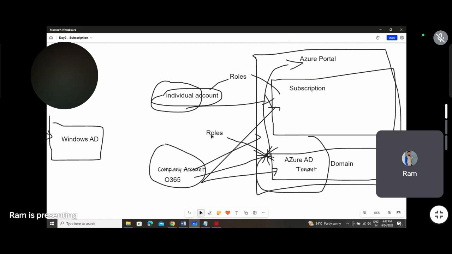Okay, this tenant-level role is called Azure AD roles, or Active Directory roles, or AD roles. Okay,